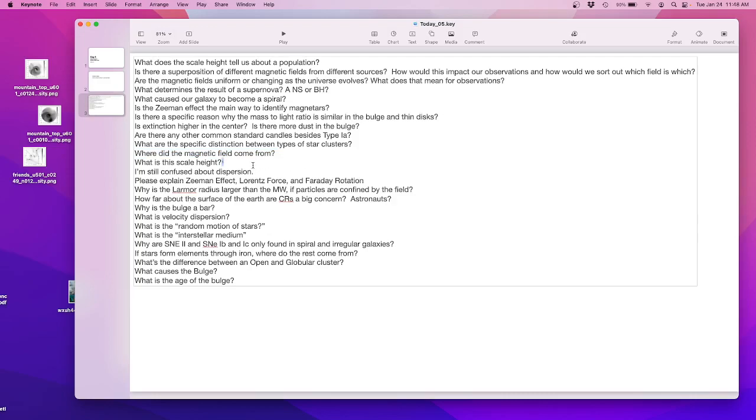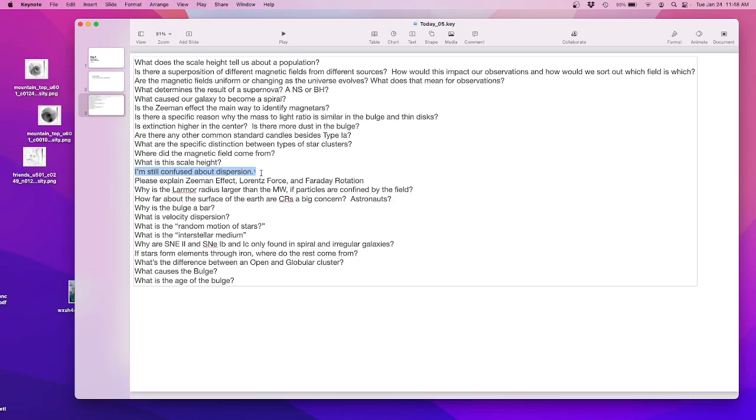What is the scale height? I don't sort these questions. I just kind of read them as they get in. So scale height, I have e to the minus z over h. This describes my galaxy. So this is the density. It falls off like e, so it's an exponential. It goes like minus z over this h, scale height. H is the scale height, and it sets basically the thickness of the disk. If I make h bigger, then this is a thicker thing. If I make h smaller, then it's a smaller object. I'll go through that again later, because I'm going to derive the scale height,